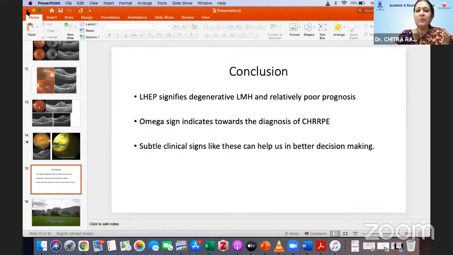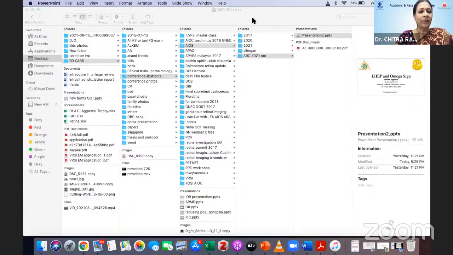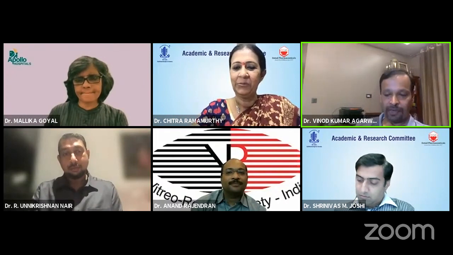I'm going to ask a very simple question before Srinivas takes on. What is the significance of this glutamine synthetase enzyme in the histopathology of LHEP? I think a lot of histopathological studies have been done, but I am not aware of this particular enzyme. Dr. Srinivas? No, not me. I am also not aware of this.